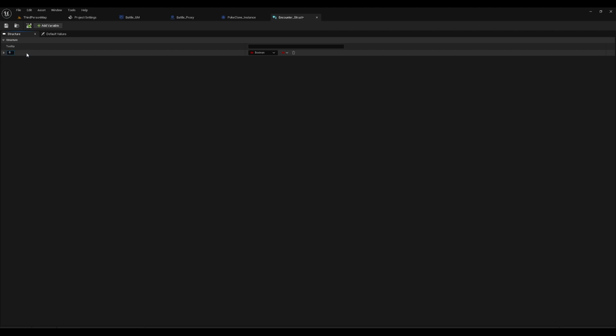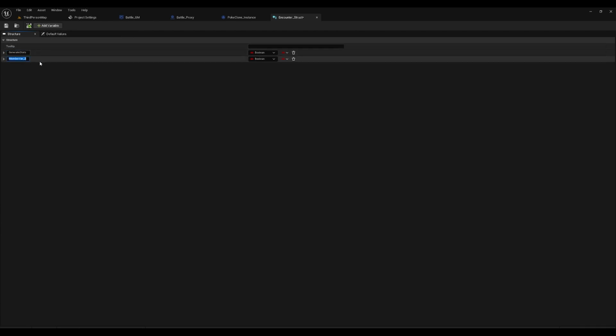We're going to have a generate stats boolean. Then we're going to have a species, a minimum level, a maximum level,